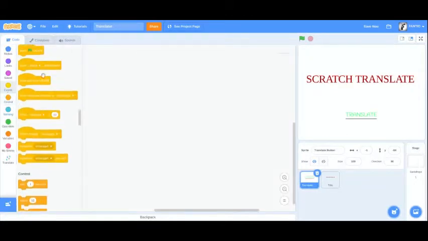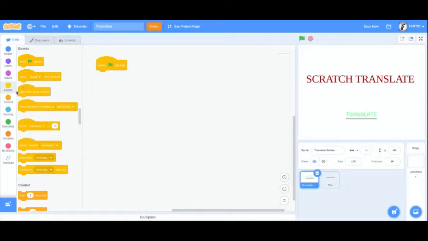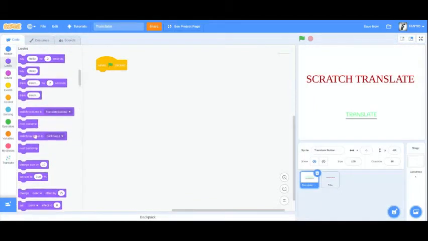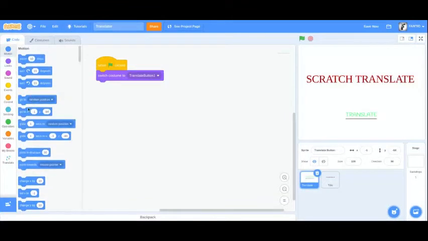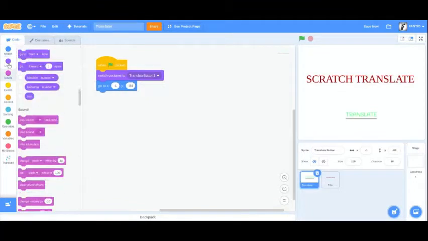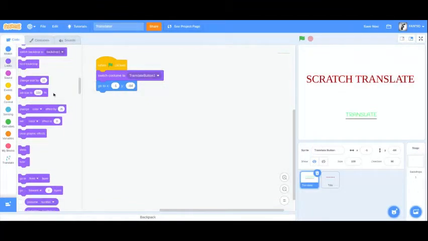And in this, when green flag is clicked, we need to switch costume to translate button 1 and then go to X this and Y this. Now go to front layer and then show,